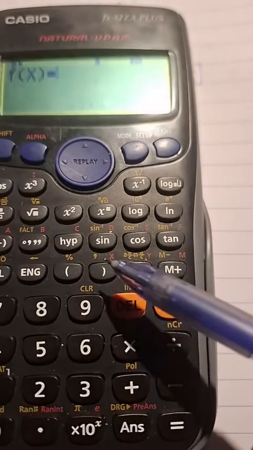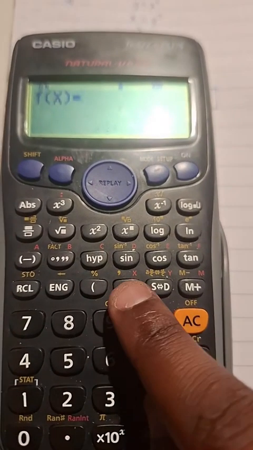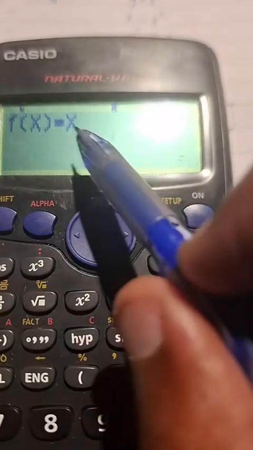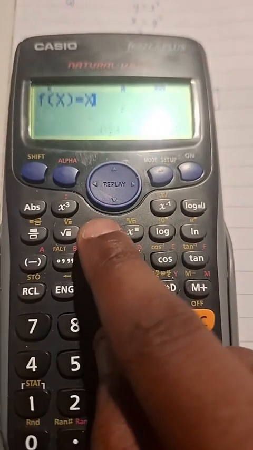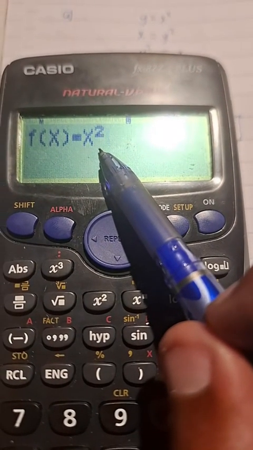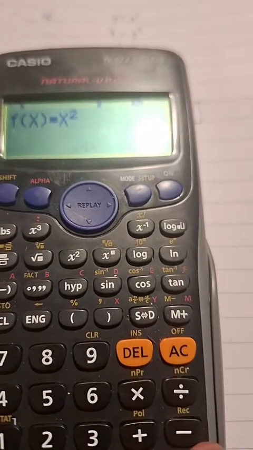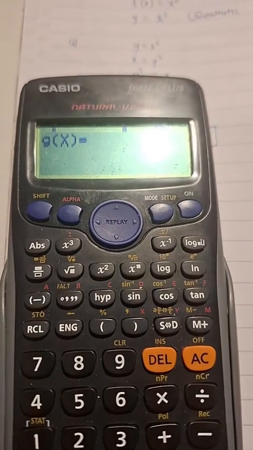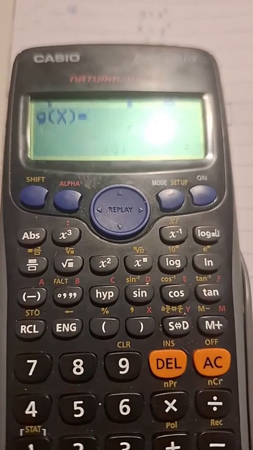So what we want is x, so we press this button, and there you have it. You have x, and then you can place squared. You see, guys, f of x is equal to x squared, simply using our scientific calculator. Then we say equal. G of x would be a second function if we had one